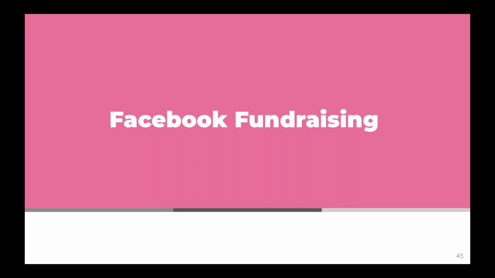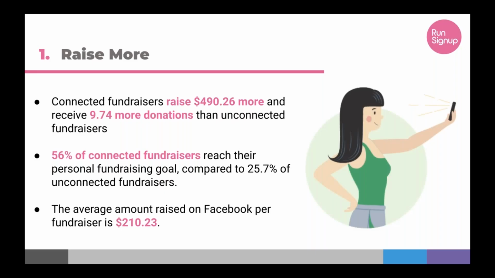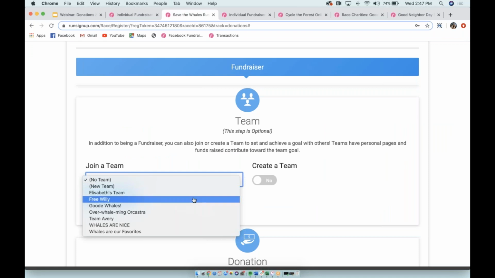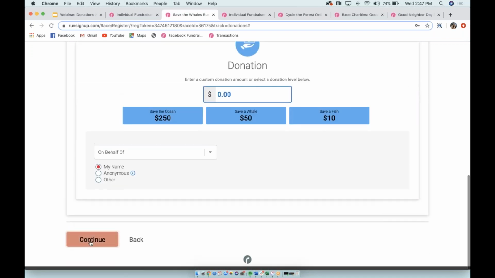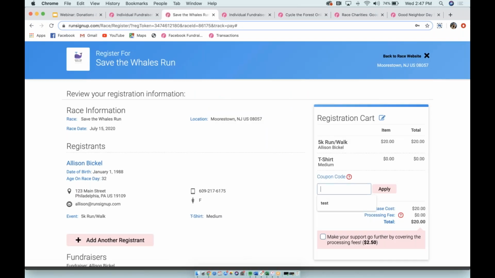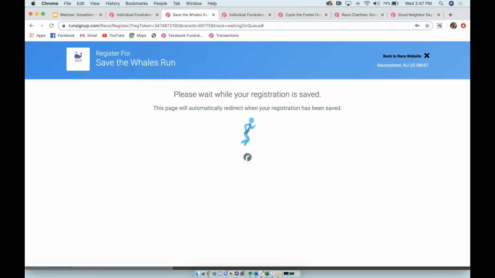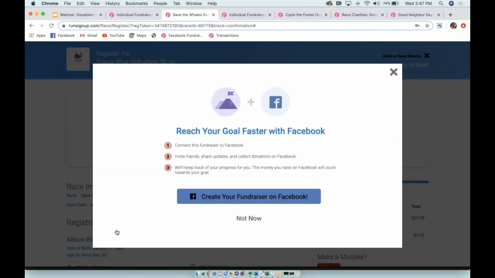So speaking of raising more money, Facebook fundraising is the best way to do that. The integration with Facebook fundraising has been having a really big impact on our events. Actually, I'll just show you how this works. I'm going to join a team. So I'm just going to go through the registration path for Save the Whales. I'm not going to pay for it because I'm just putting in a coupon here. But I'm going to complete my registration for this event. And when I finish, it pops up with the option for me to create my fundraiser on Facebook. If I click this,